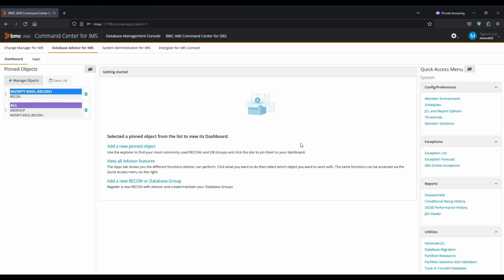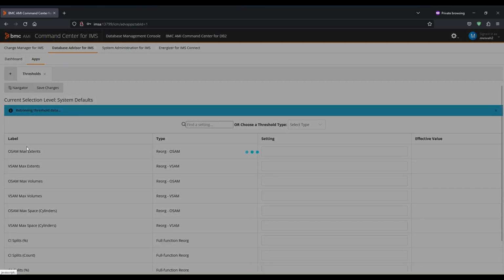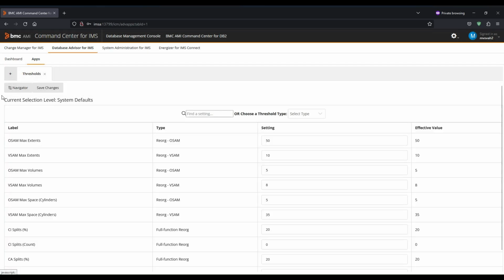Now, we are going to take a look at Thresholds feature, which allows customers to establish specific threshold values for various parameters of object in consideration. To access this feature, you can navigate to it from the Apps section under Config/Preferences. Once there, you can check whether it displays current selection level, system defaults. This option indicates that the values you set will be applied to all recons unless you choose to override them